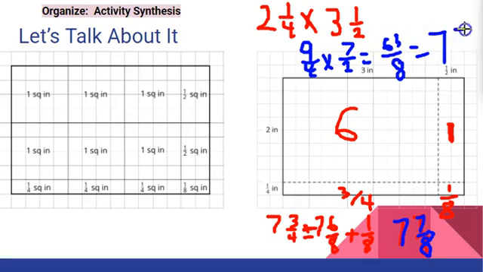63 minus 56 gets us 7 eighths. So it comes out the same either way. But we can see that if we count all of this, what they've done is they've cut each part into a 16th, so that way we could end up with